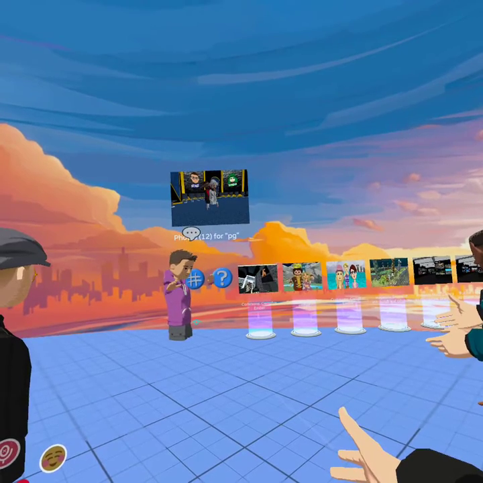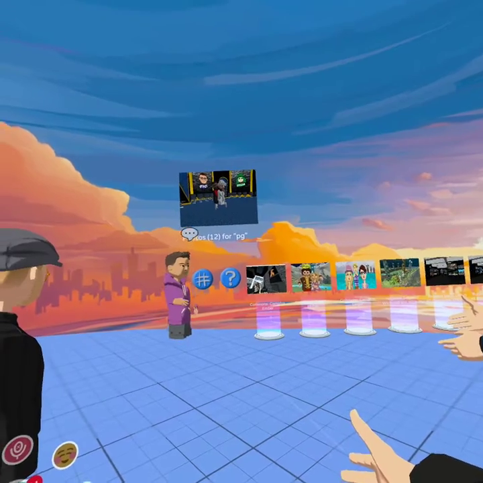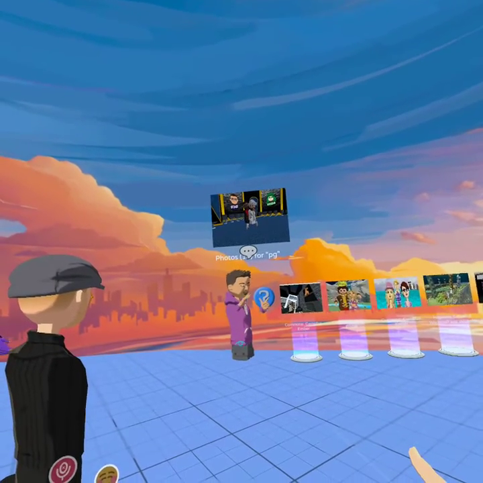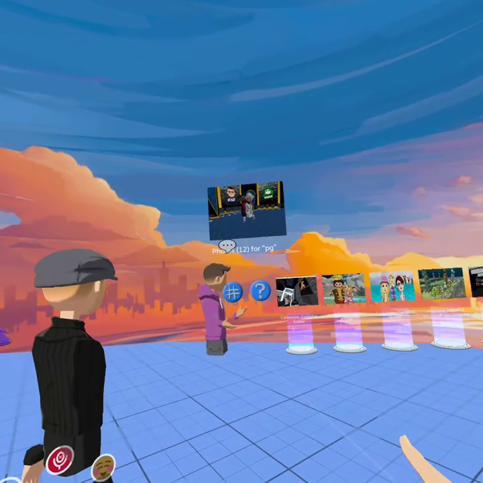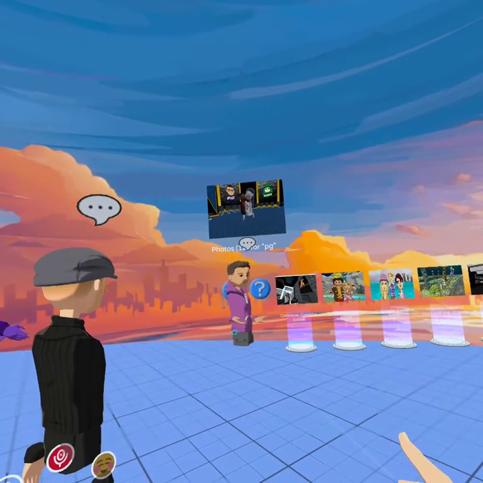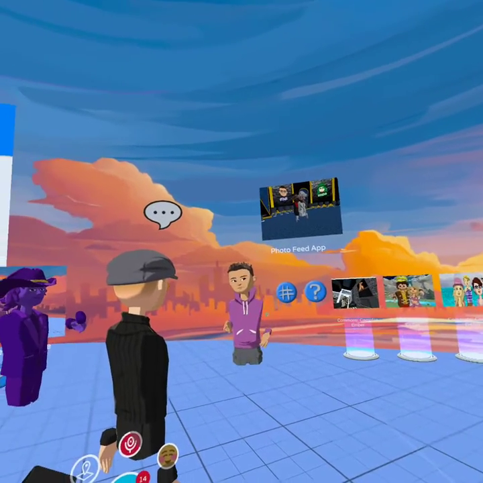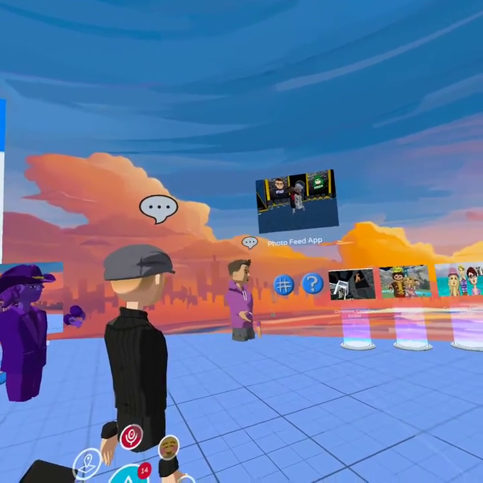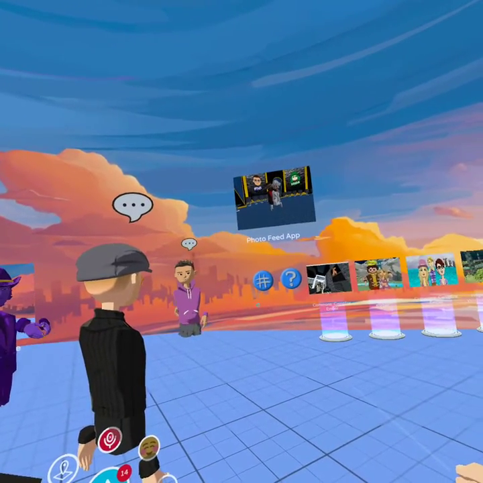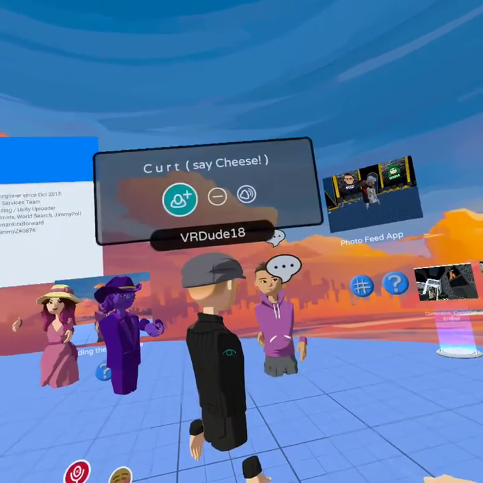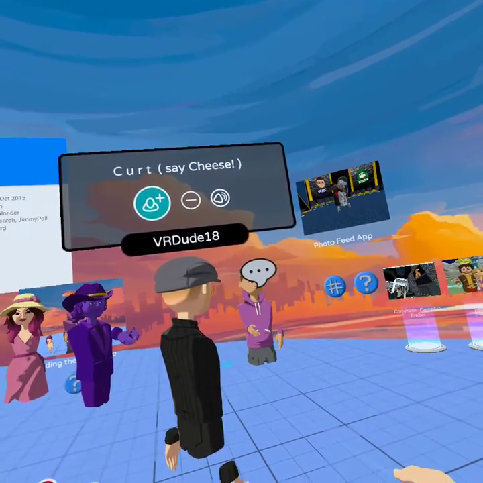We could do 3D holographic captures, like in Star Trek, right? The holo photos. So you take it, and then we could record more than just the photo. We can record the entire space, like Engage does. That's pretty cool. Oh really? See, I want to do more cool stuff like that. We need to get more engineers. They're doing some great stuff over there. Yeah, I haven't tried them out in a while.